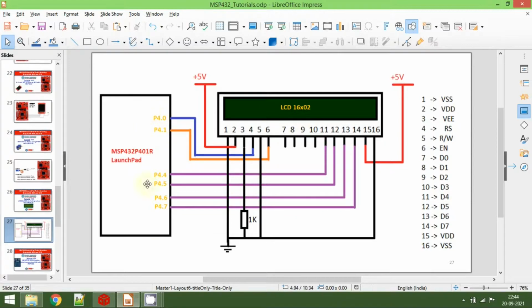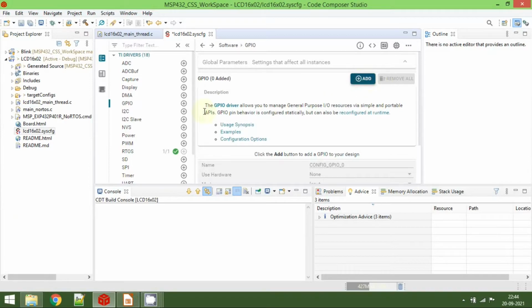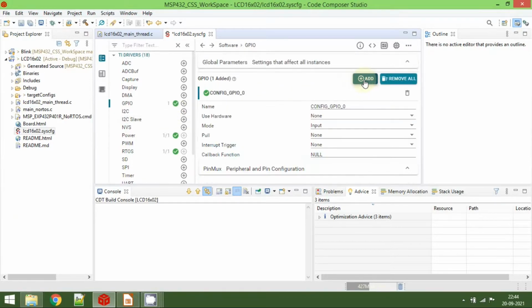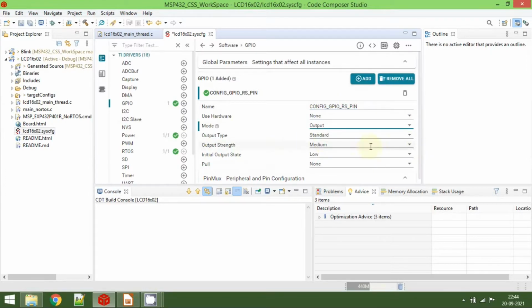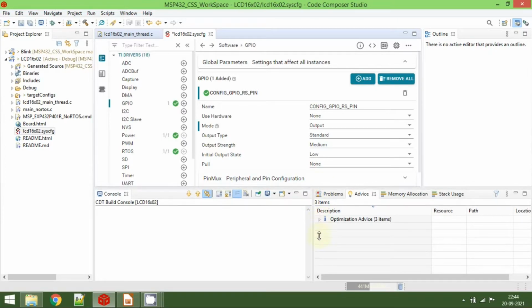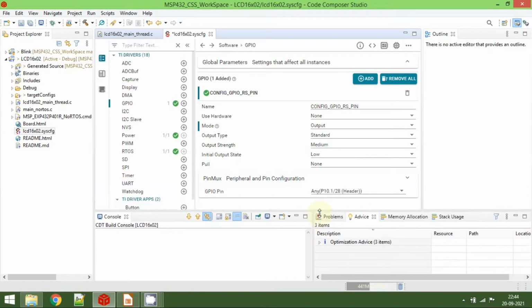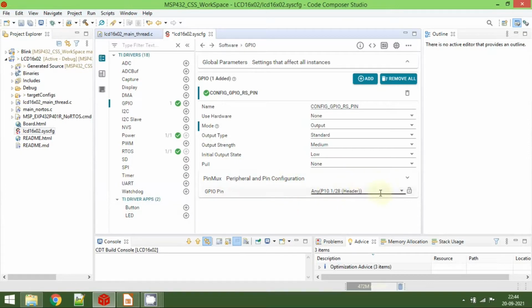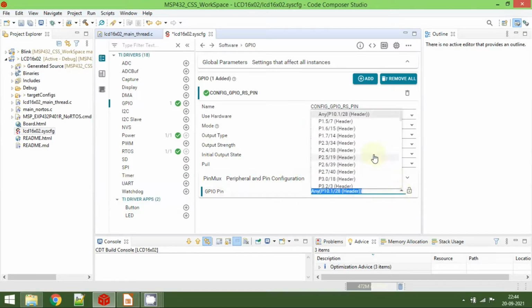we need to define the 6 pins. So go to CCS again and add an instance because we are going to use the GPIOs. Add an instance and rename it. The first pin is the RS register select pin, and we want to use it in output mode, and then of course in the pinmux configuration, the register select pin is connected to P4.0.